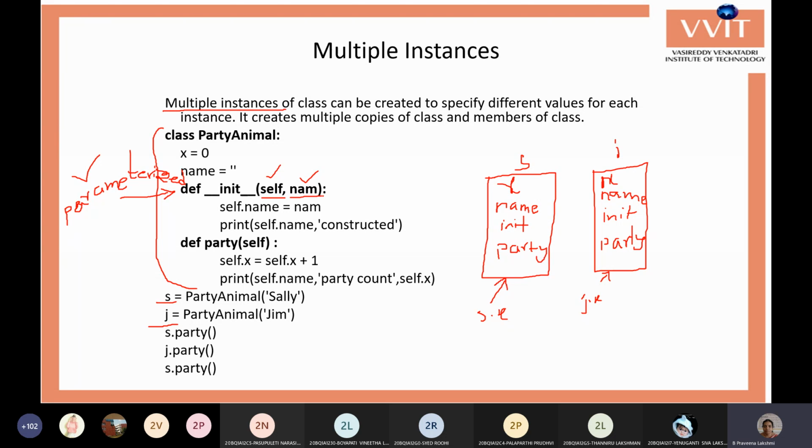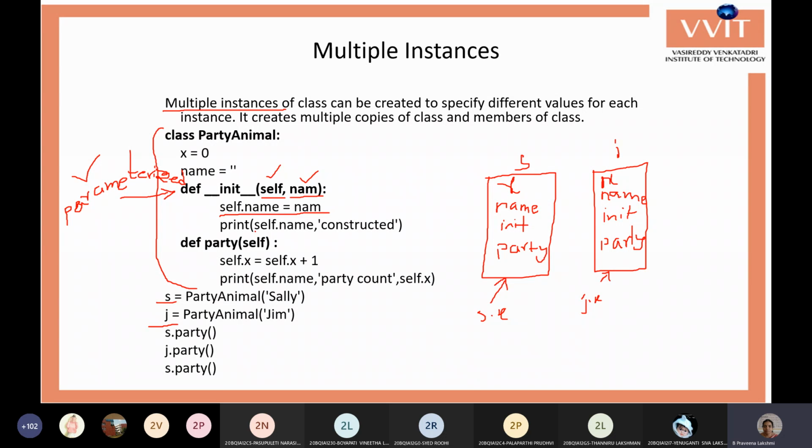We do this at the time of creating the object itself. So the NAM value is assigned to the name variable of the class: self.name equals NAM.